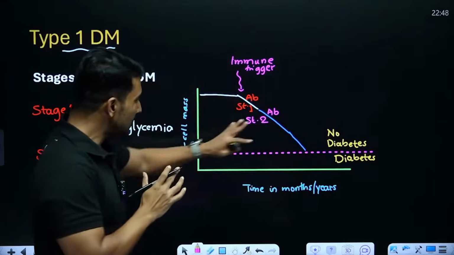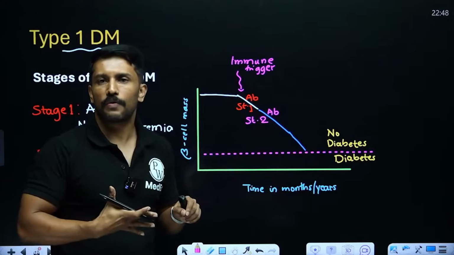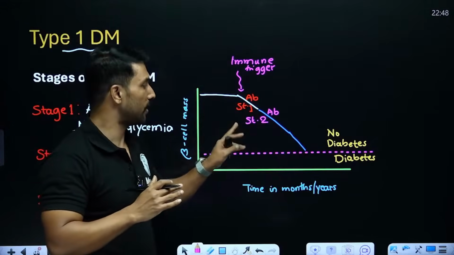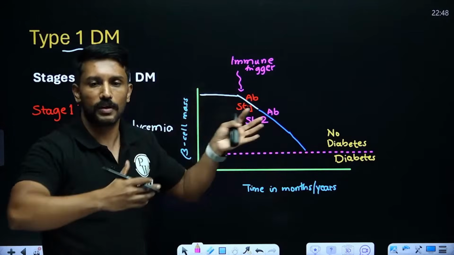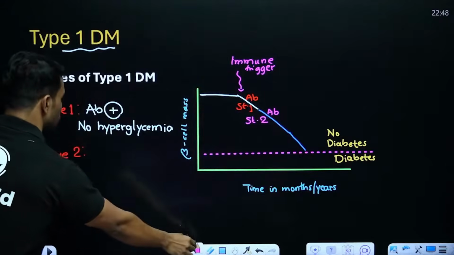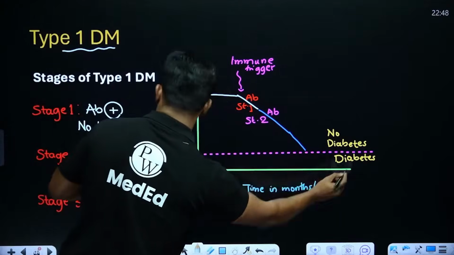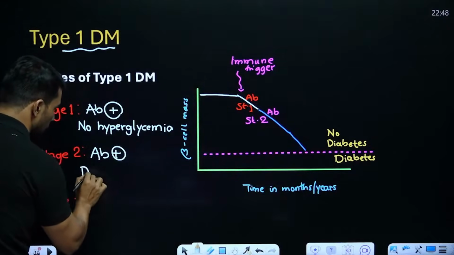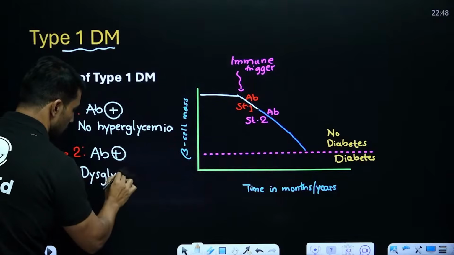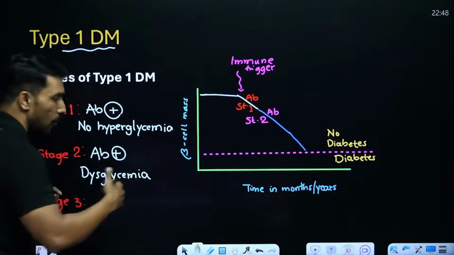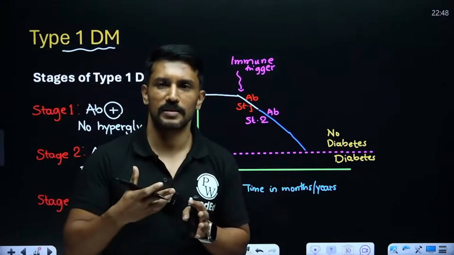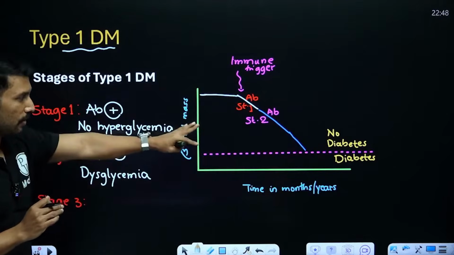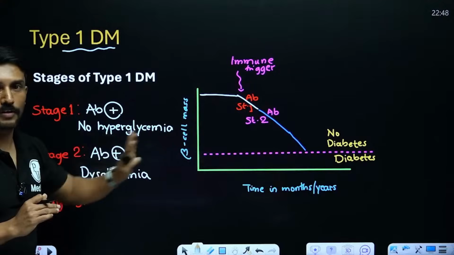Okay, but at this stage, if I take large amount of carbs, the meal induced spikes that happen, I may not be able to regulate that because for that I need to produce larger amount of insulin. I may not be able to maintain that. So in stage 2, there will be antibodies and I start developing something called as dysglycemia. Means sugars are not perfectly in the range where I can call it as diabetes, but meal induced hyperglycemias in the pre-diabetic range, it may start falling. So we'll call it as dysglycemia. It's not well regulated, but not sufficient enough to call it as diabetes.